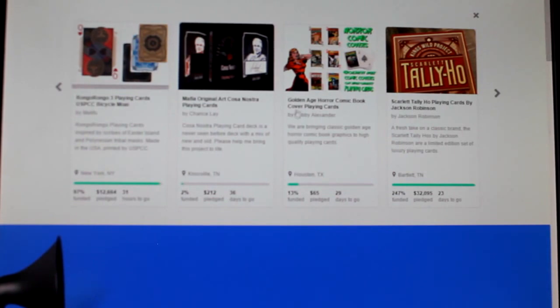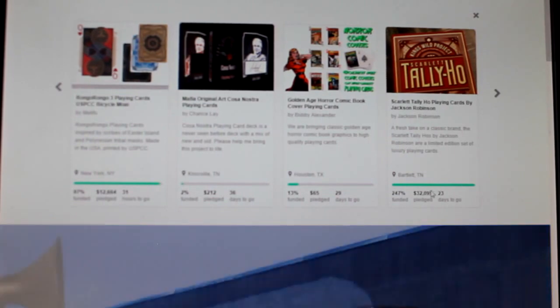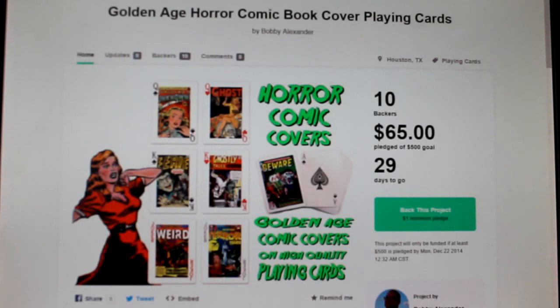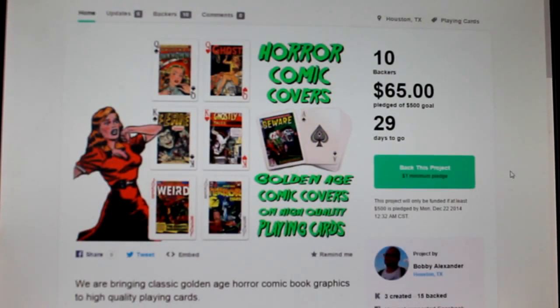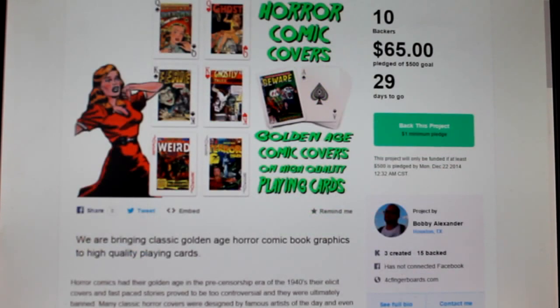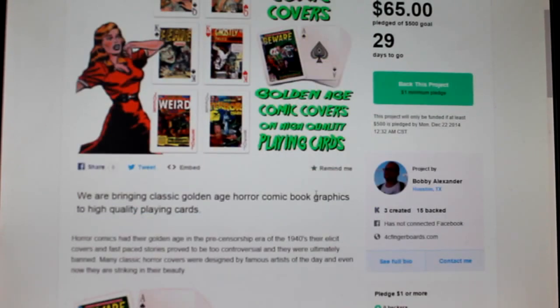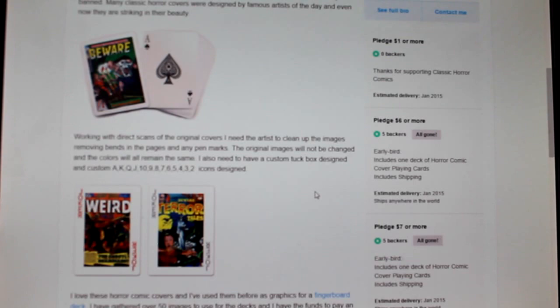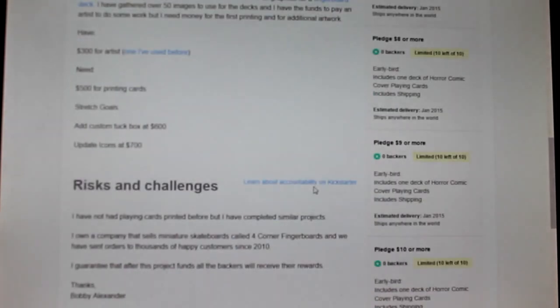Next up, a new deck I hadn't seen yet, the Golden Age Horror Comic Book Cover Playing Cards. Yeah. 13% funded with 29 days left, only $65 so far. Looks like it's a pretty small goal. Oh yeah, $500. They got all sorts of magazine covers on the faces of the cards, and on the back design apparently it says beware, one-way design. The Ace of Spades tells me it's being made by some no-name cheap company in Asia, and there's just nothing